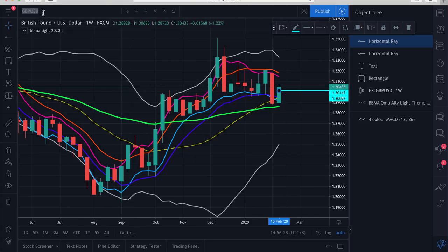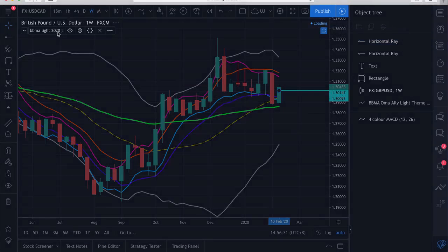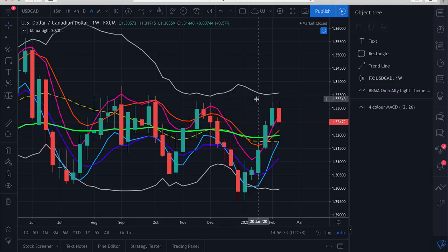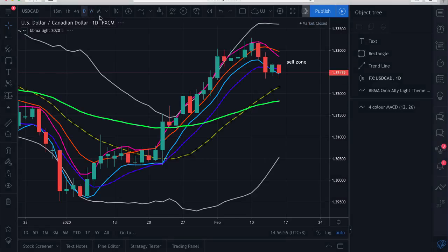Okay, next pair, USD CAD. Okay, for USD CAD in weekly time frame is a re-entry sell. Okay, price close between the MA5 MA510 and MA high 5 and MA high 10. Okay, so it's making a re-entry sell, very clear. And we can see in daily is a MHV sell, price closing like this, it did not close above the top BB, so it's making a re-entry